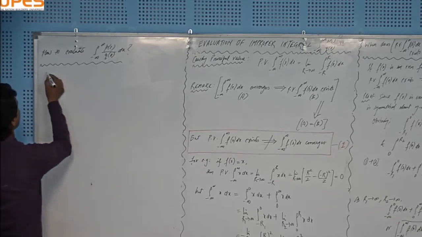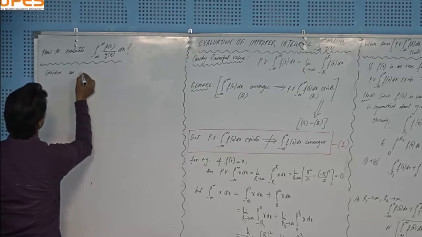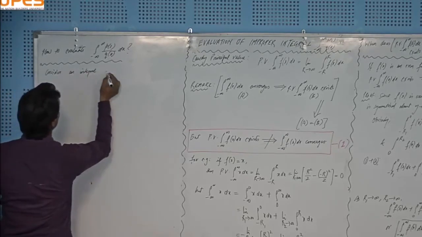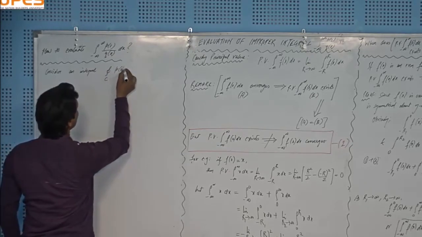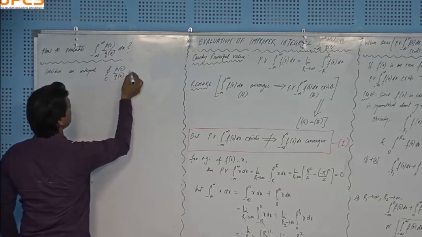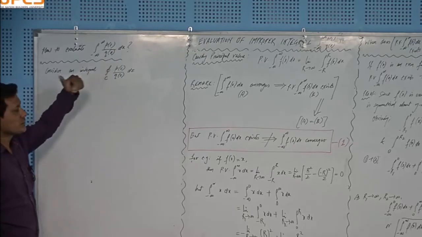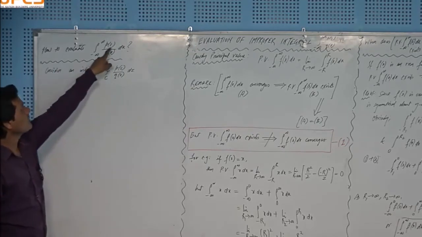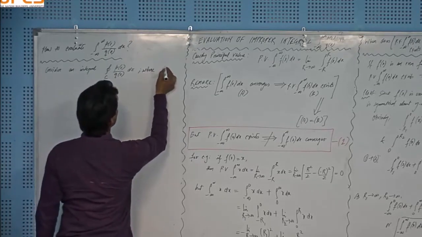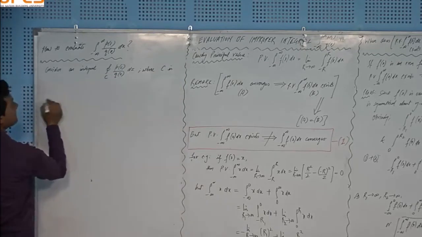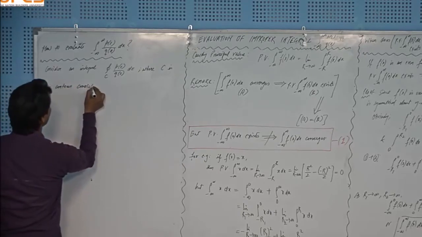Then what we do, we consider an integral over C, it should be a closed contour C, of P(z) over Q(z) dz. So rather than evaluating this real integral, we first go to a complex integral and we replace this x by z, where C is a contour, and C is the contour consisting of